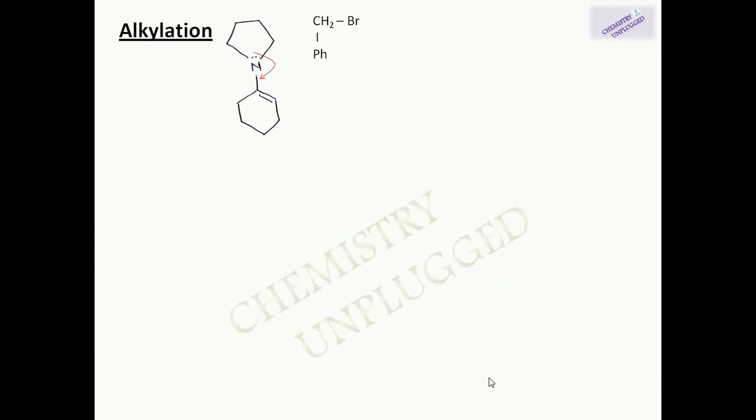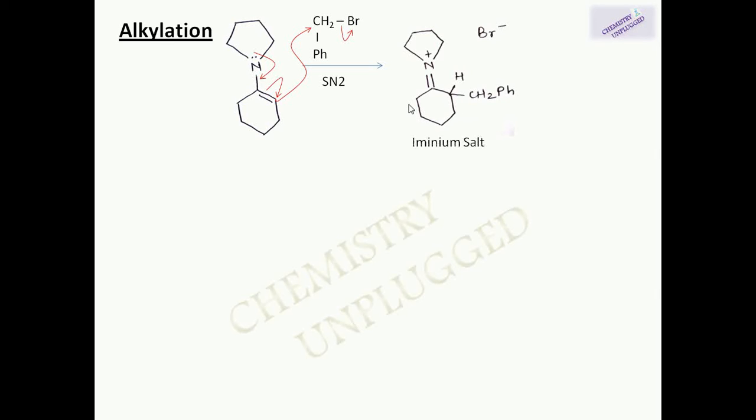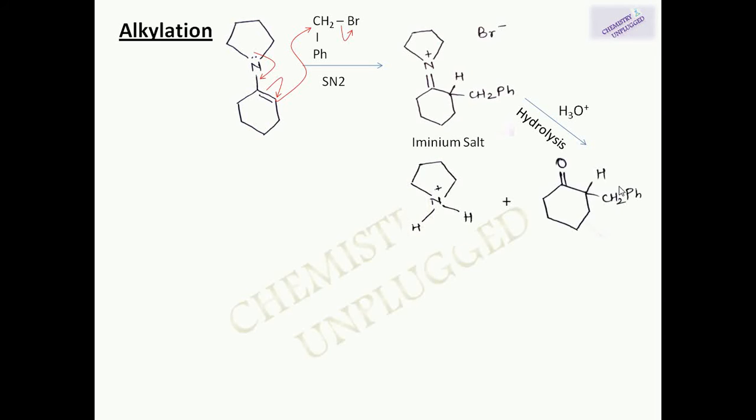This lone pair will shift here, and this carbanionic beta carbon will attack this carbon atom and this Br will be removed. It is a type of SN2 reaction and we have here an iminium salt. It is a neutral salt and then we hydrolyze it and we have this CH2Ph group attached on the alpha carbon